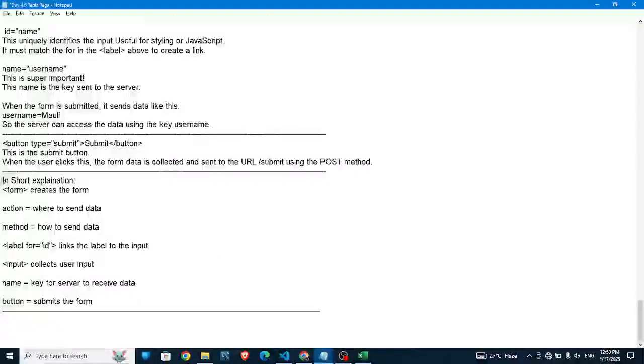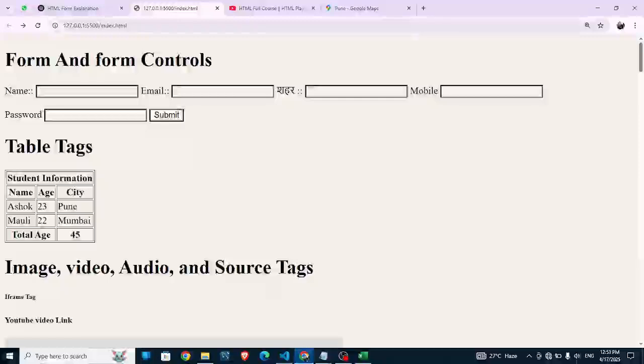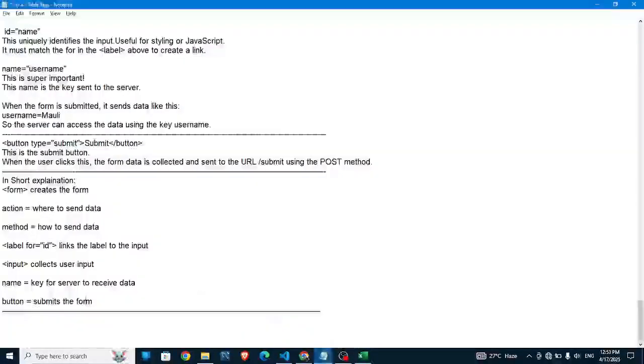We will in short explanation: form creates a form, action where to send data, method how to send data। ये पोस्ट मेथड से सेंड करना है, गेट मेथड से सेंड करना है, इसलिए मेथड यूज किया जाता है। लेबल फॉर आईडी, लिंक द लेबल टू इनपुट। इनपुट फील्ड को लिंक करने के लिए ये लेबल फॉर आईडी, आईडी फॉर एट्रीब्यूट लिया जाता है। कलेक्ट्स यूजर इनपुट, इनपुट से यूजर का इनपुट लिया जाता है। नेम कीवर्ड फॉर टू रिसीव डेटा। बटन सबमिट्स द फॉर्म, ये जो बटन है इसे फॉर्म सबमिट करने के लिए सबमिट बटन का उपयोग किया जाता है। ओके,